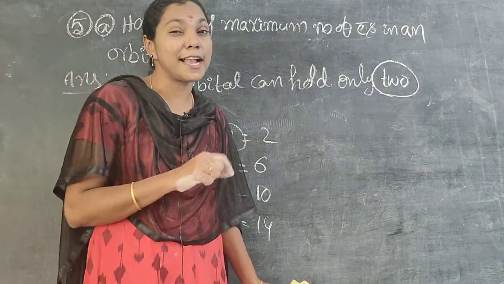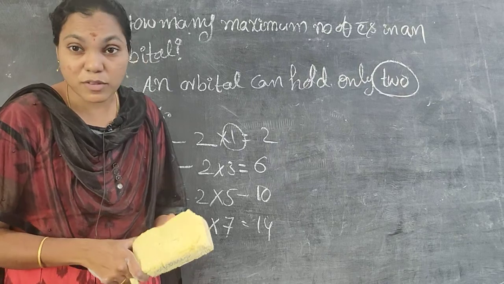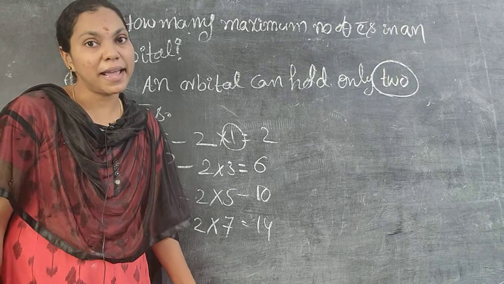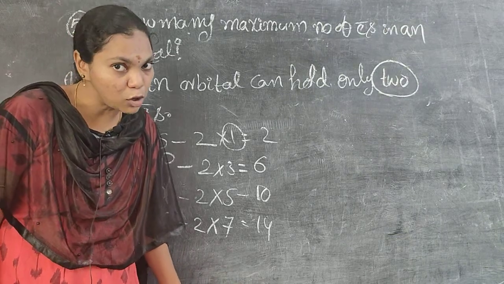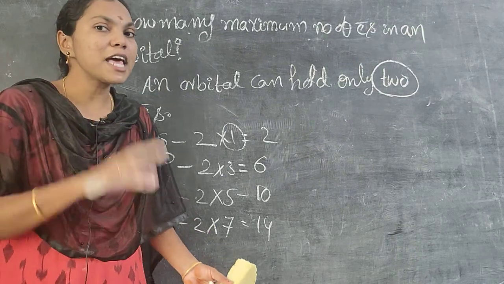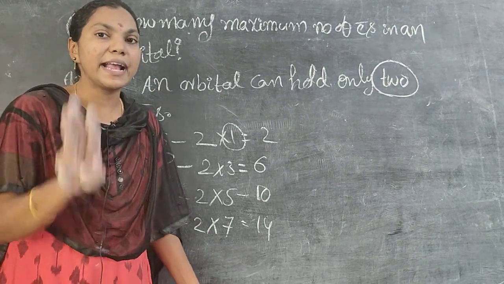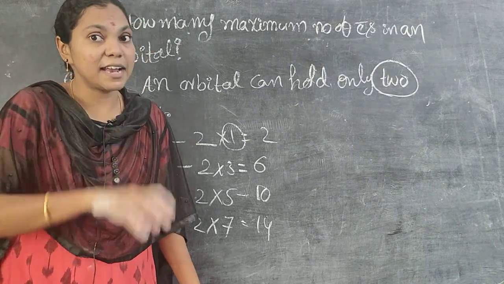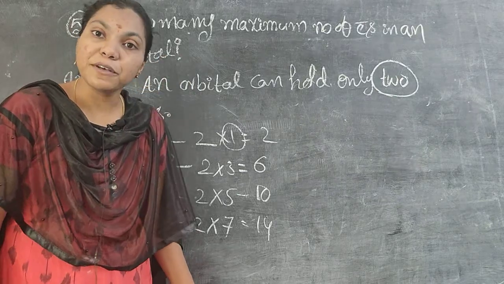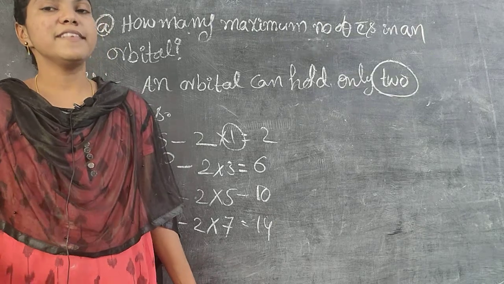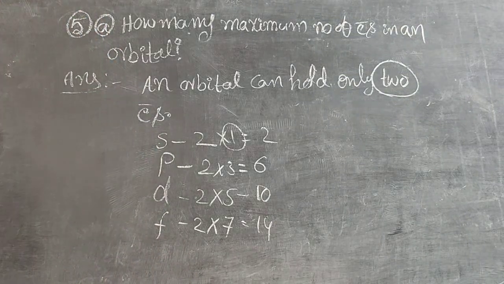This statement is also related to the Pauli's exclusion principle. Pauli's exclusion principle mainly gives the point of orbital occupancy, nothing but an orbital can hold only 2 electrons. In the s orbital only 2 electrons. In the p, 3 sublevels are there, so 2 threes are 6. In the d, 5 sublevels, so 2 fives are 10. In f, 7 sublevels, so 2 sevens are 14 electrons. This is the number of electrons in each and every orbital.